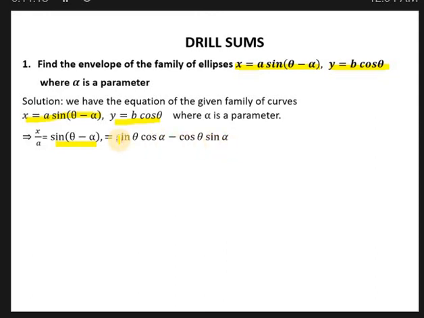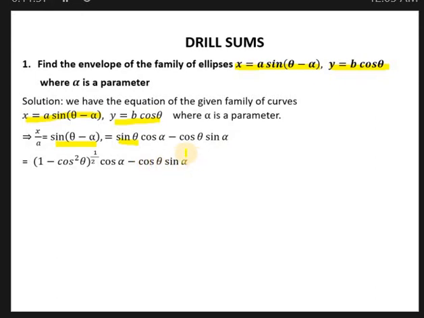Now let us take this sine theta in terms of cos theta. We have the trigonometric identity, sine square theta plus cos square theta is equal to 1. Hence sine square theta is equal to 1 minus cos square theta. So we want sine theta, hence sine theta is equal to (1 minus cos square theta) whole to the power of half. Let us substitute that. See, in the place of sine theta, we have taken (1 minus cos square theta) whole to the power of half, and take this cos alpha as it is, minus cos theta sine alpha also as it is.